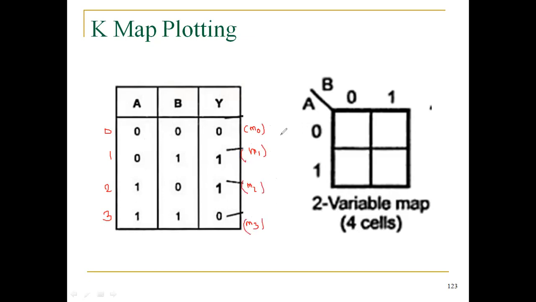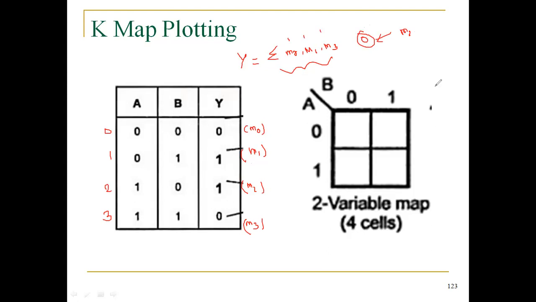Okay. So in your problem, you reduce or solve problems like this: M0, M1, M3. It means this is the problem given. The given values are 1. The missing values are 0. In this problem, M2 is not given, so 0. But anyhow, in this slide, we are going to discuss only how to fill the Karnaugh map.